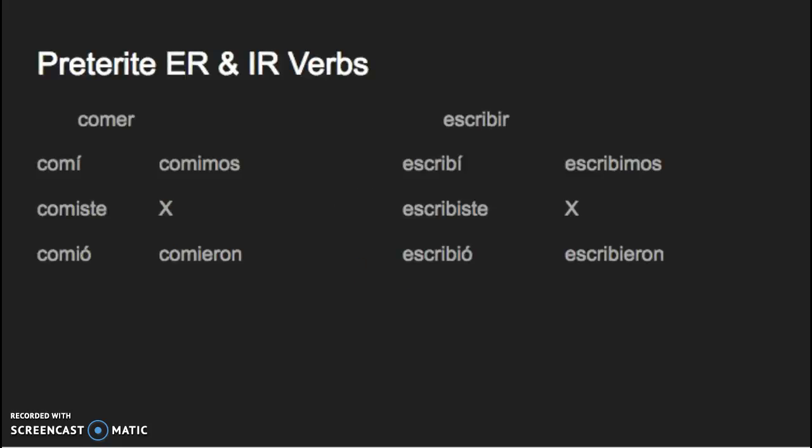In the last unit, we did the preterite AR endings, which were é, aste, ó, amos, aron. In this unit, we are covering preterite ER and IR verbs. For example, comer: comí, comiste, comió, comimos, comieron. The ER verb endings in the preterite are